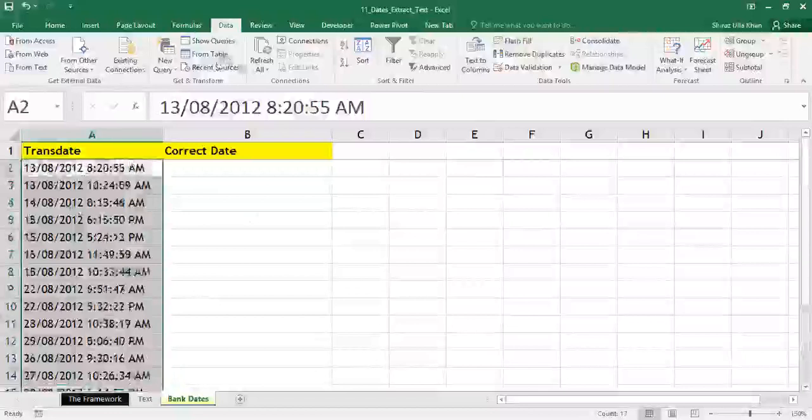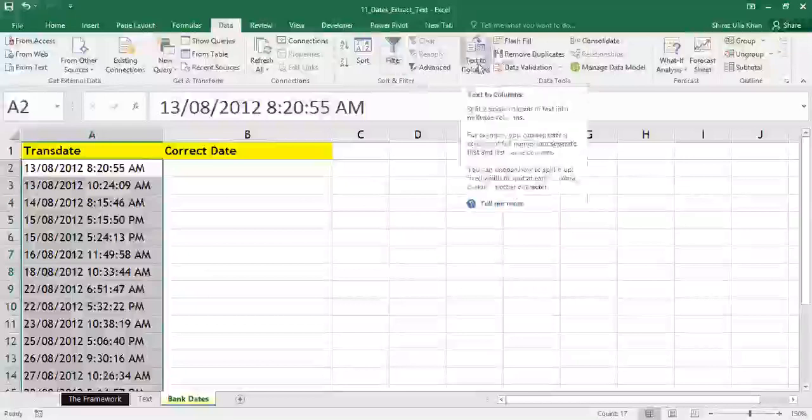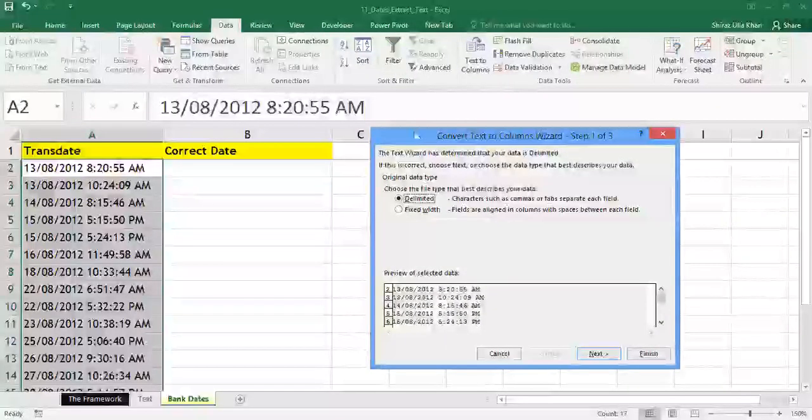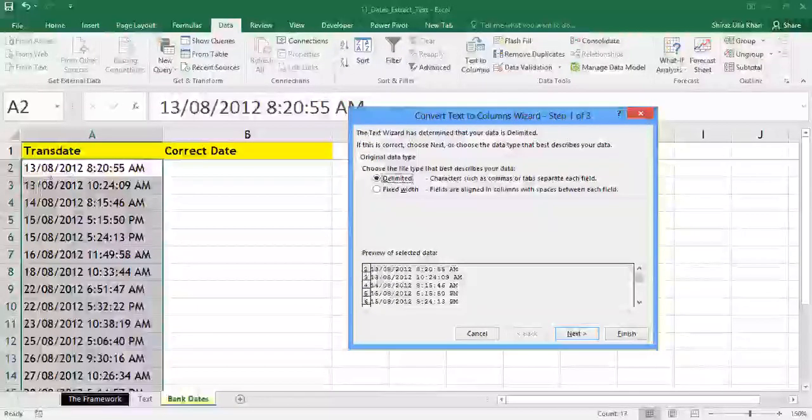Now the next step is, as you're clear, we need to click on the data tab. I'm clicking on the data tab, and in the data tools section, I need to click on a command called text to columns. So I'm clicking on text to columns. I get the pop-up window, the wizard, which is the first step which we need to do. As I told you in the previous example, by default it is selected as delimited. Even in our current example, the delimiter is a space, so it is a delimited file. I need not do anything. I'll click on the next button in the first step.